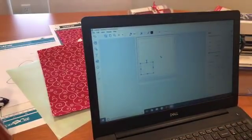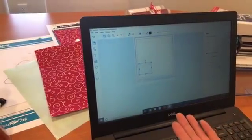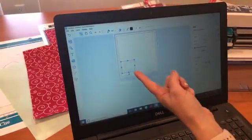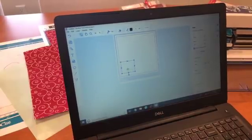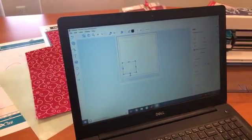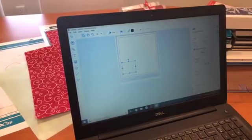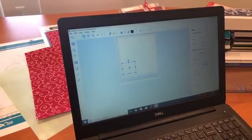And then you could manipulate it that way. There's also, let's say the beard is right here and I want to reverse it. You just go to the flip over here in the edit mode, and you can see it flipped my beard upside down right there. And that way, if you want to do it in reverse for sewing, there again you could do that. Or if you're wanting to put your fabric a different direction than right side up, if you wanted to cut it from the back side, you could totally do that. So that's basically